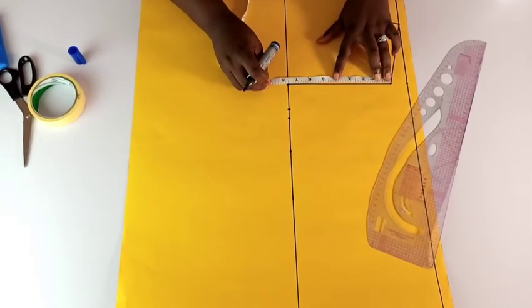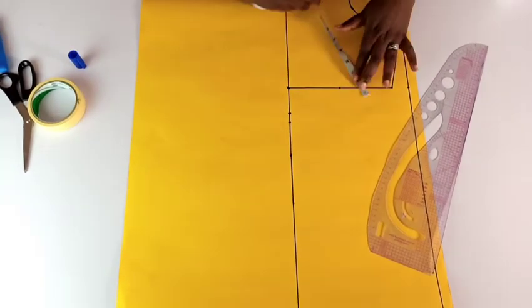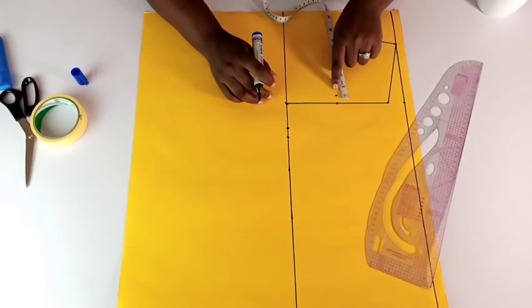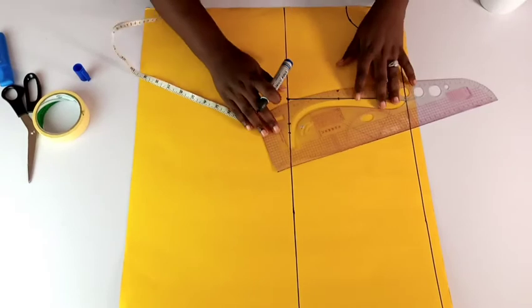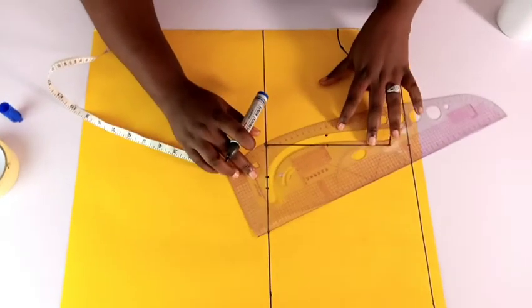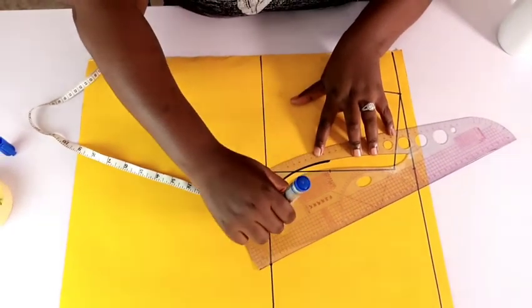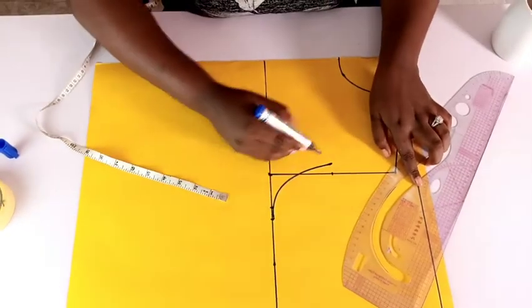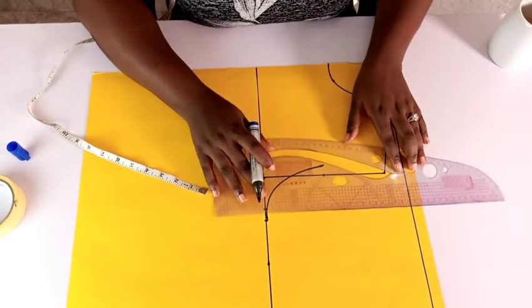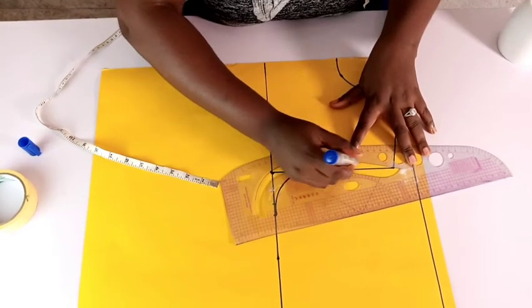So I'll measure that 7.5 here. I'll find half of 7.5, I'll mark that. Then I'll come in by half of an inch. From this side I'll come in half of an inch. Then I'm going to go ahead and use my French curve to curve that nicely to meet this point and this point. Then I'll just connect here to this point. You can use your French curve or your ruler, it will still be nice, but I prefer using my